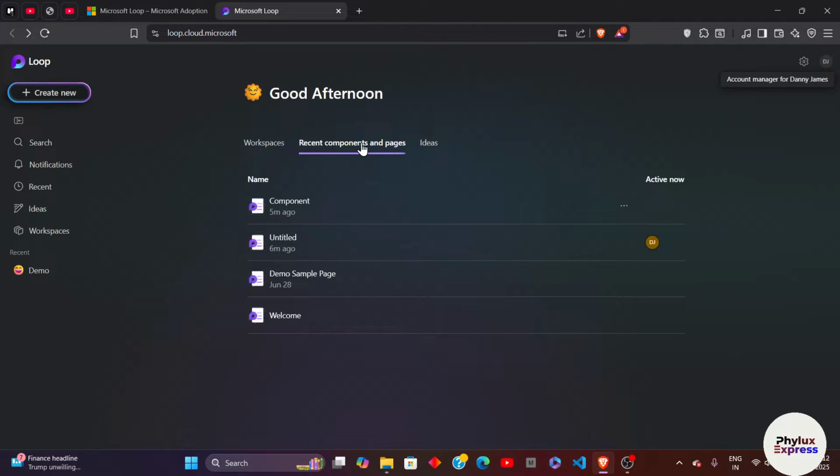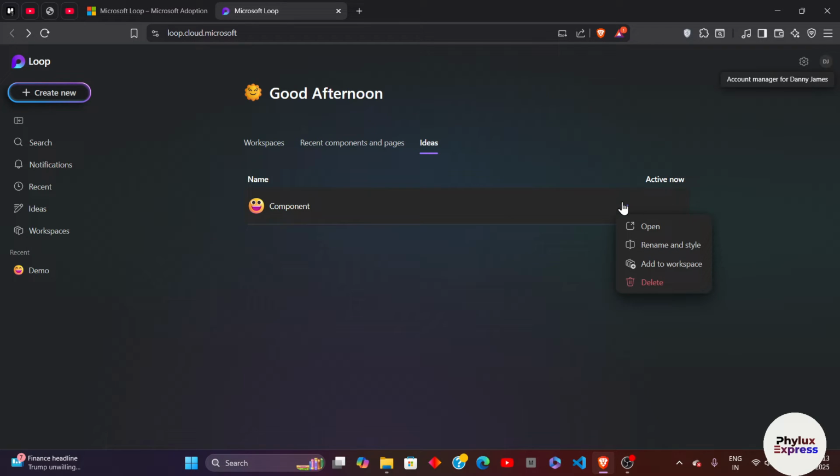When you click on this recent components and pages, you can see all the components and the pages that you have created recently. When you click on ideas, here you can see all the ideas that you have created. And when you click on the three dots, you can rename and style, or you can delete the ideas if you want. So this was a beginner friendly